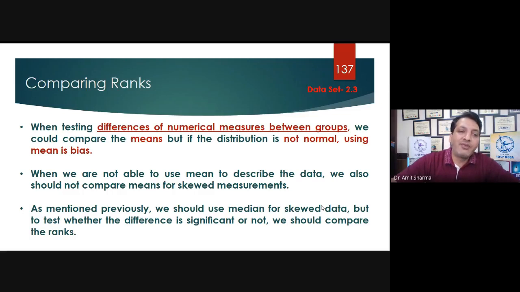In the independent t-test, we compared the mean of two different populations, like male and female, and we compared the blood glucose level of male and female separately. So the Mann-Whitney U test is the alternative of the independent t-test, and this will be applied only and only when your data was found not normally distributed. That means you got skewness in your data. All these things we have discussed earlier also in the previous lectures.